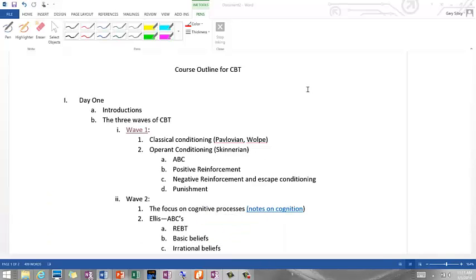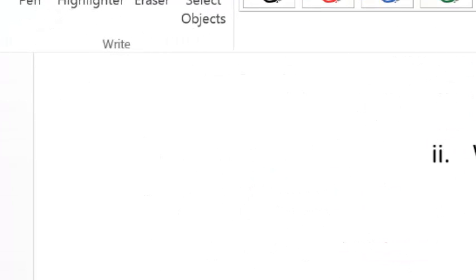Okay, well, so what we want to try to do is cover some of the pre-class material that we've missed out on because of the nice snow, and I want to get into just very quickly discovering the three waves of cognitive therapy.